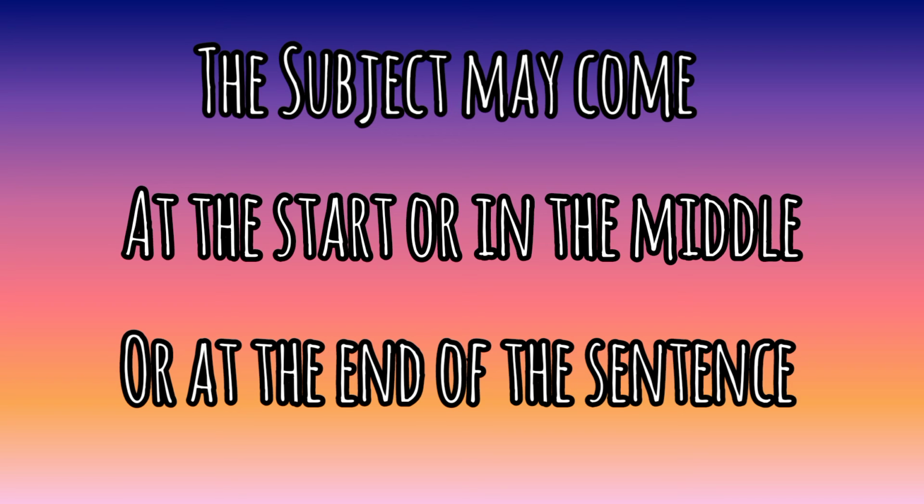We also learn that the subject may come at the beginning or in the middle or at the end of the sentence. So that's all about the sentence and its